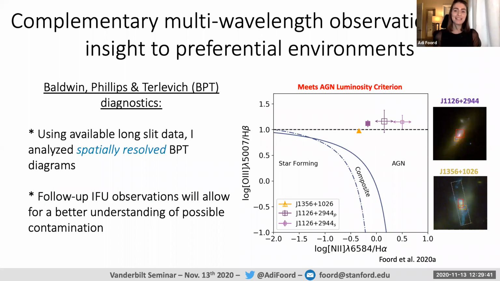In addition, I attempted to carry out spatially resolved BPT diagnostics. So BPT diagnostics are narrow emission line ratio diagrams that are used to distinguish the ionization mechanism of the gas. So it's an optical diagnostic for seeing whether or not you have an AGN. So this is a BPT diagram for the two systems that had a primary and secondary that met that AGN luminosity criterion. And for one of the systems, which I'm now highlighting, it was possible using the available long slit data to actually decompose the two X-ray point source components in velocity space, given the optical spectrum. And so I could carry out a spatially resolved BPT diagram for each nucleus. So the bigger square here is the primary and the smaller square is the secondary. So I found that both regions have emission consistent with ionization from an AGN, and it supported the results from